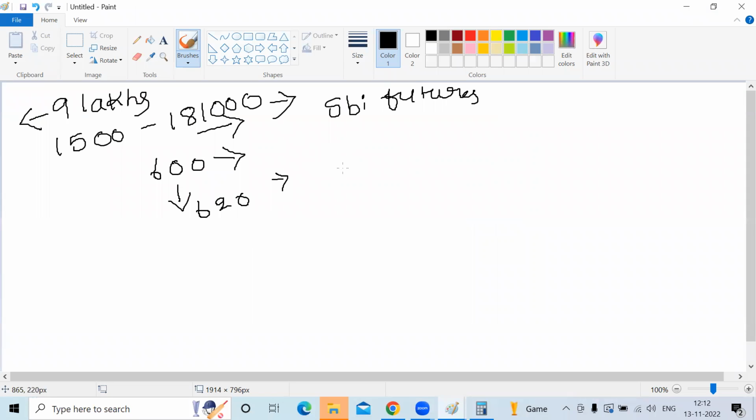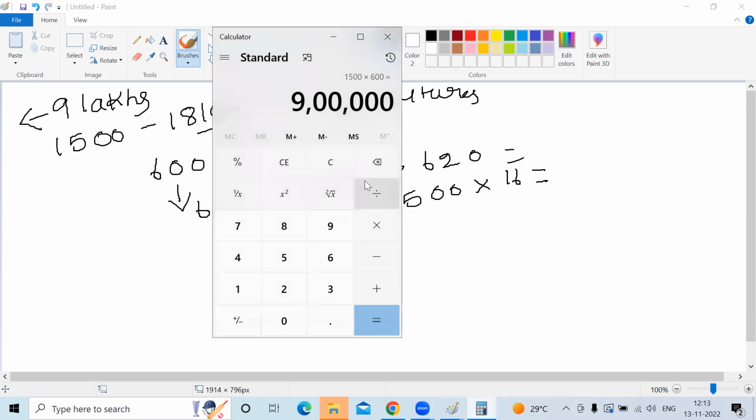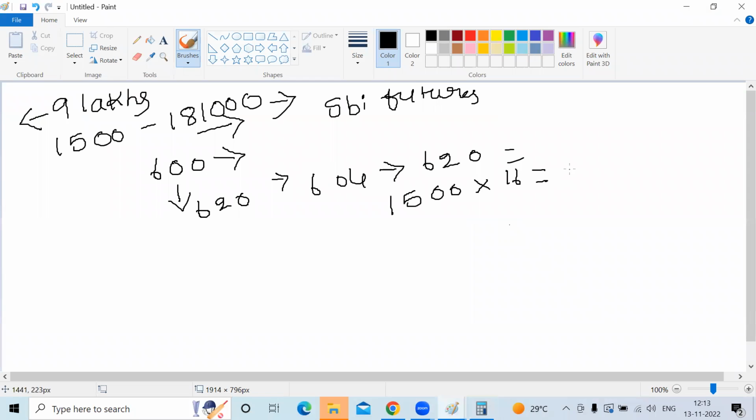That 604 would have become 620. That means initially it was 604, now 620. That means 1500 into 16 rupees is going to be your profit. It will be added to your account if you close the position. 1500 into 16 is how much? So 24,000